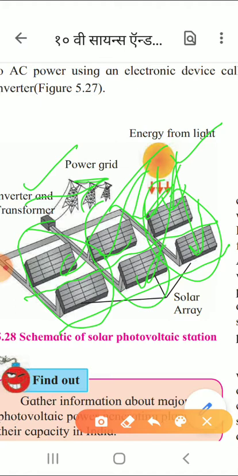So the appliances or applications which need DC power just run on this, like an electric bulb, that is light emitting diode, in short we can say LED. So that can function directly by using this electrical energy, but this energy is for a certain time. Solar energy is available during daytime only, so this sunlight is trapped and stored in batteries, so that later on it can be used, children.